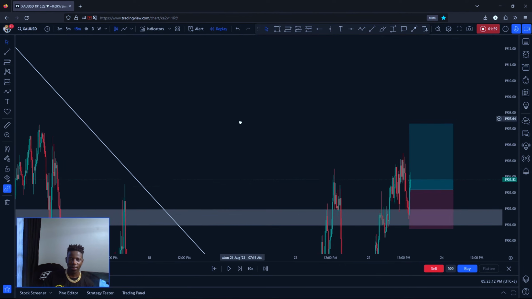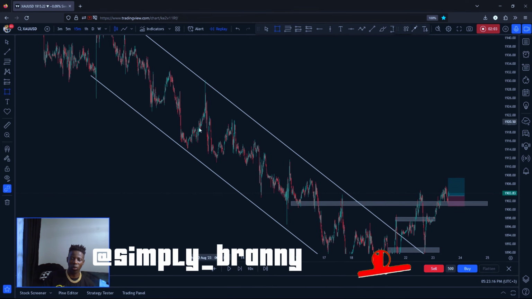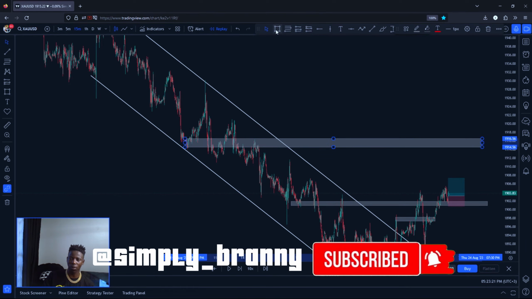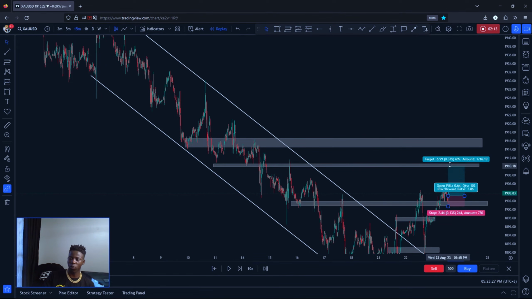Just down there, then they take profit. I'm telling you, there are a lot of levels. Remember, every time the market reaches this support or resistance area, they make some small rejection. This will be my take profit 1, and this will be my take profit 2. You get almost 100 pips.